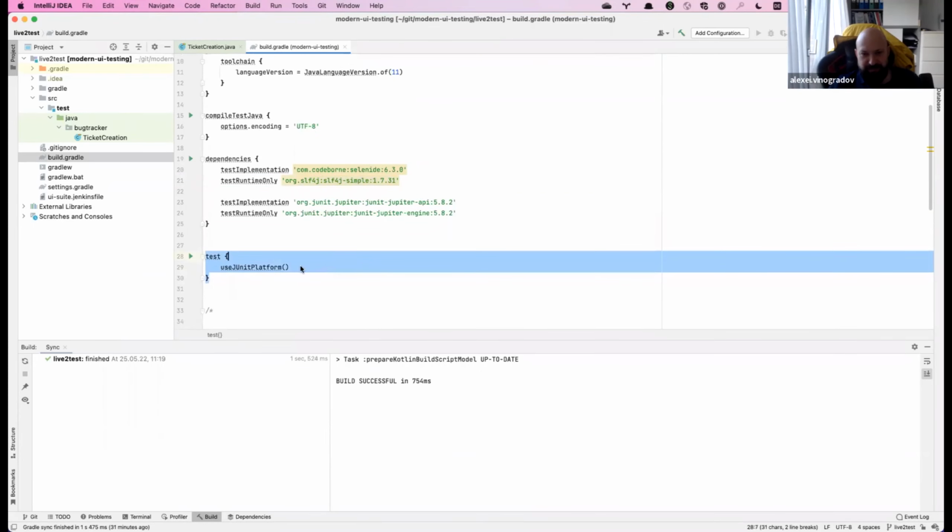So this line is a hint for Gradle to run this whole testing with JUnit 5. You may read here JUnit Jupiter, here's version 5, and JUnit Platform. These are three different wordings for actually the same project. So JUnit 5 is also called the Jupiter project and also sometimes called JUnit Platform. Unfortunate as it is, we have synonyms for the same thing, but it's basically the same.